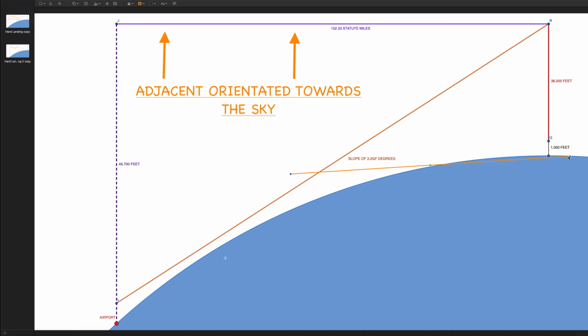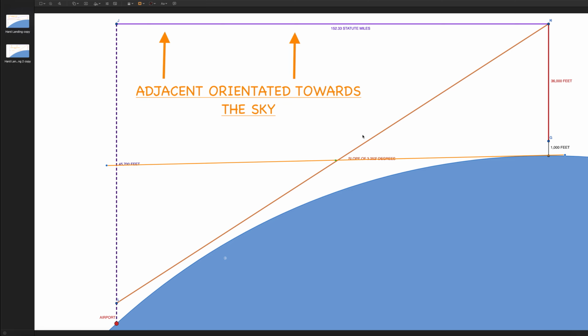This will be Earth if it's flat, what they would try and claim to be a tangent. What will happen is their slope rate is going to intersect, because they're going to start their top of descent 30 plus miles prior to when they would do it in reality, and their degrees is going to be slightly more than the average of 3. Their average is going to have to be 3.25.